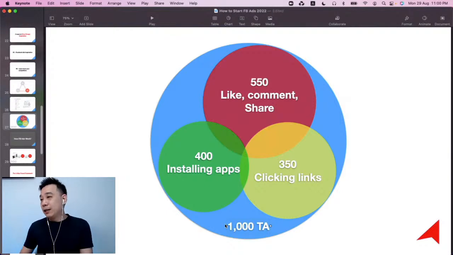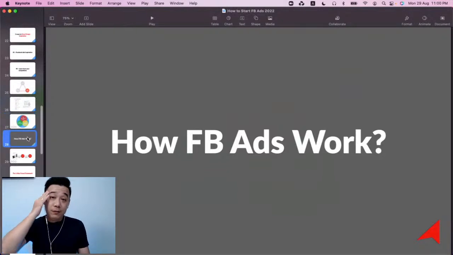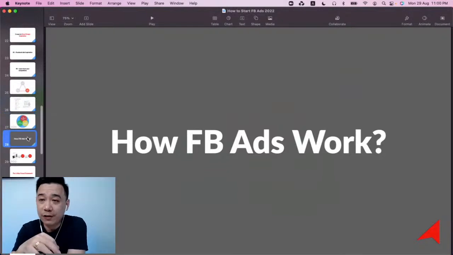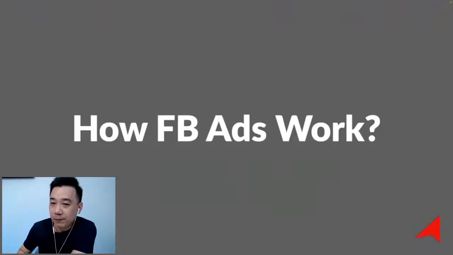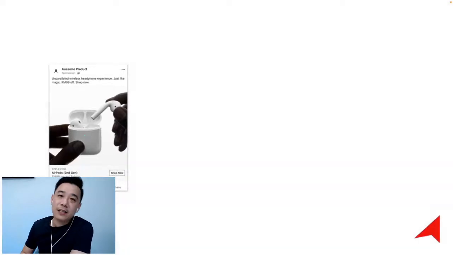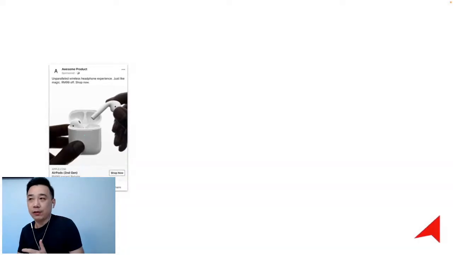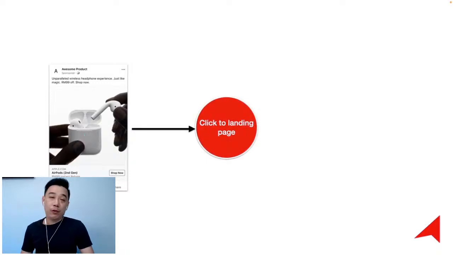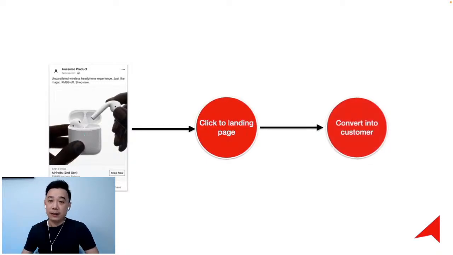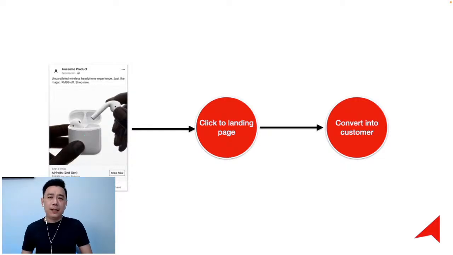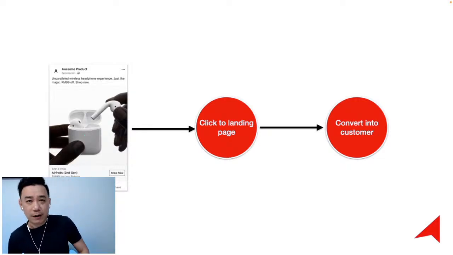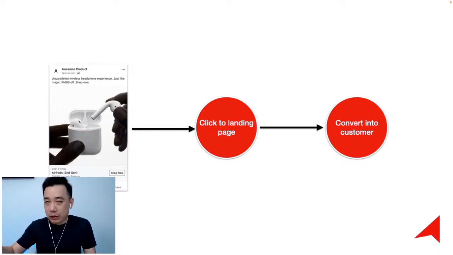Okay, now, I just want to quickly go through how Facebook ads work. To a lot of people, running Facebook ads is about this: you send the ad out, when people see the ad, they will go to your landing page, and if you're e-commerce, in turn, they will turn into your customer. This is the ideal situation. This is the simple 3 steps that a lot of people think is how it works, right? However, do you know what goes on behind the scenes of the simple 3 steps?